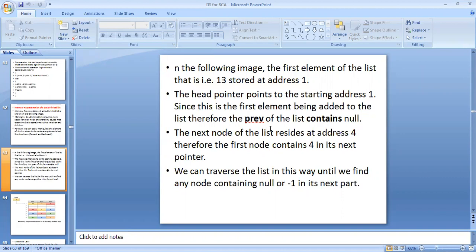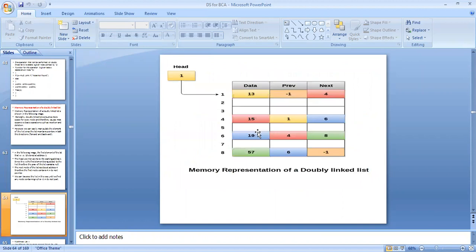The next node of the list resides at address 4. Therefore, the first node contains 4 in its next pointer. We can traverse the list in this way until we find any node containing null or -1 in its next part. So here is data, previous pointer and next pointer.